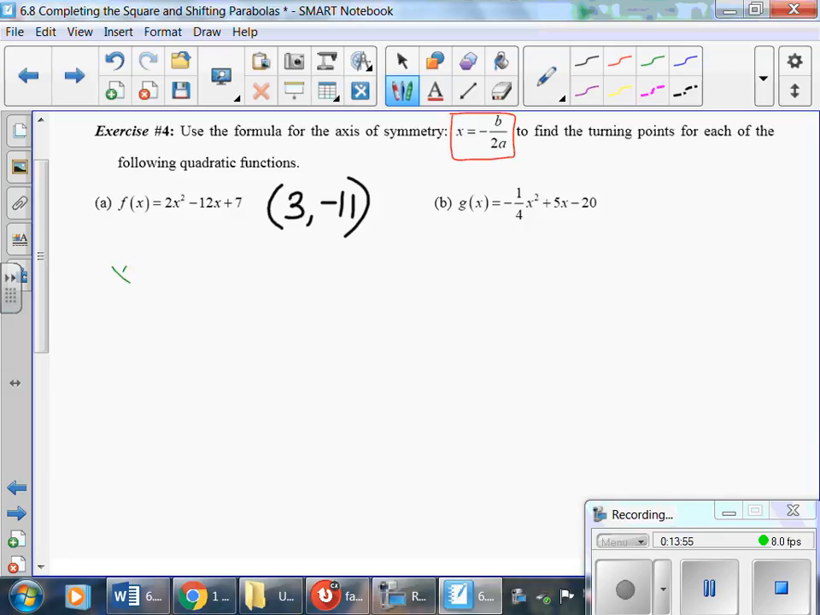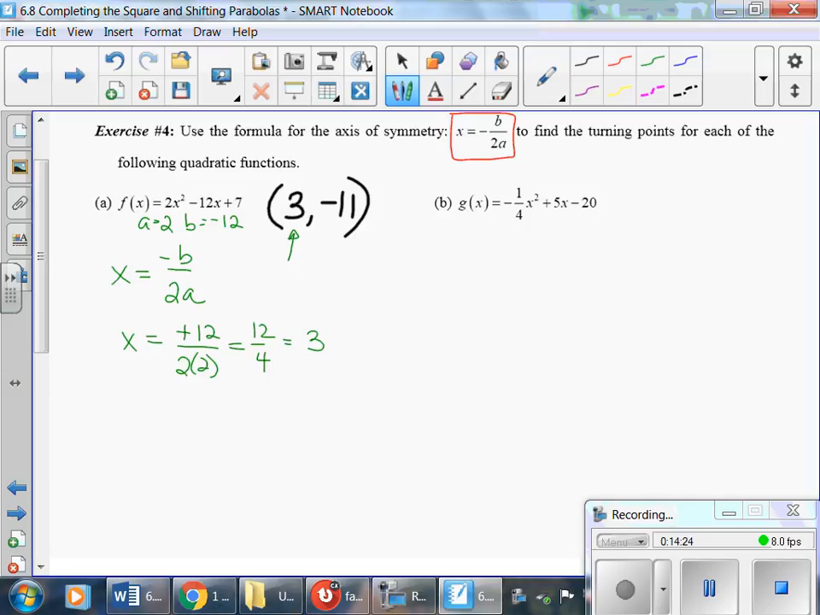So the axis of symmetry is always x equals negative b over 2a. I'm going to remind you that a is the quadratic coefficient, b is the linear coefficient, and c is the constant, which we don't need here. So x is equal to negative b, which is positive 12, over 2 times a, which is 2. So it turns out to be 12 over 4, which is equal to 3,